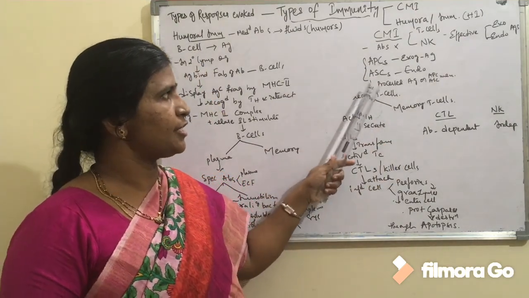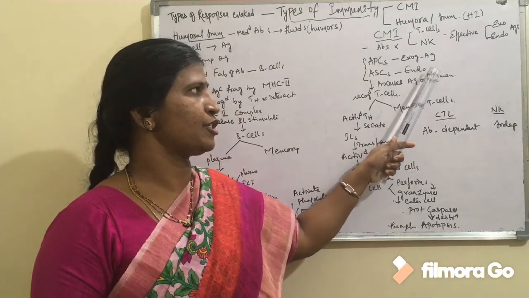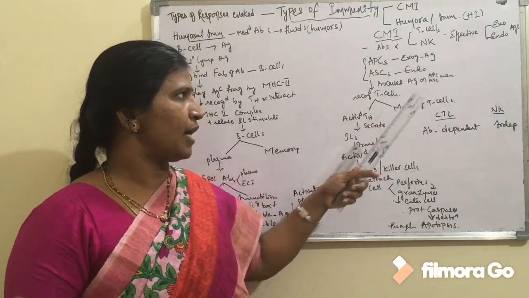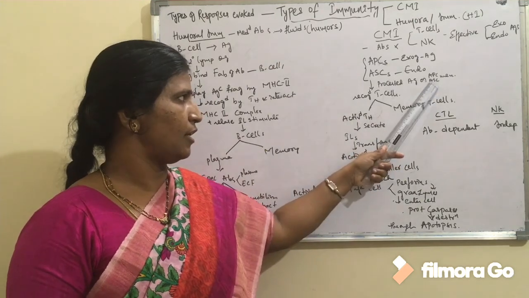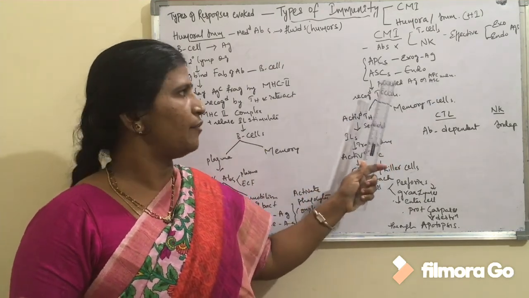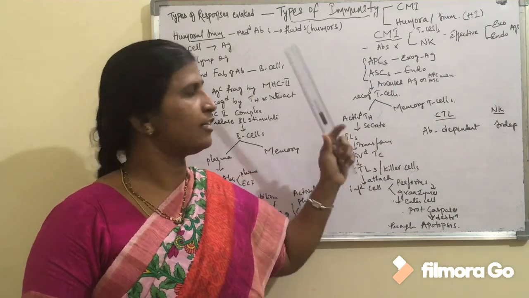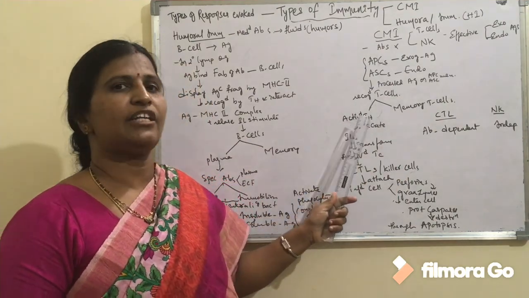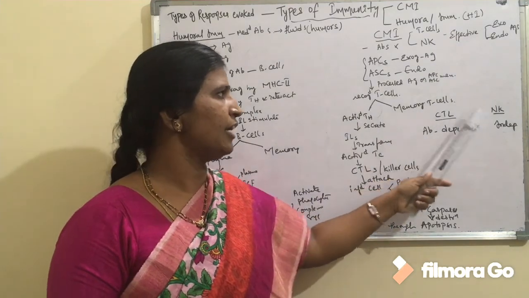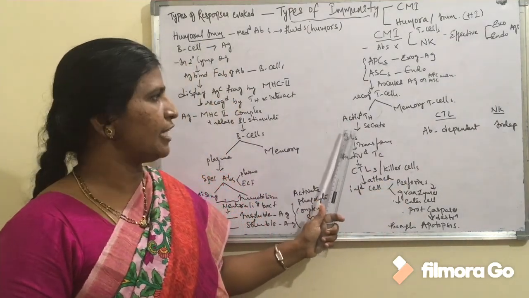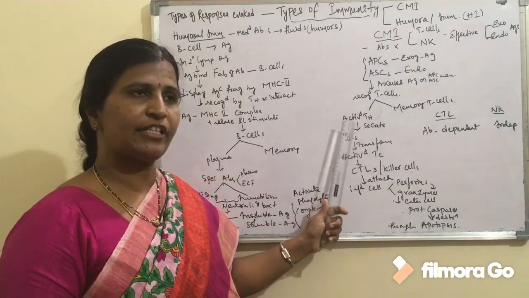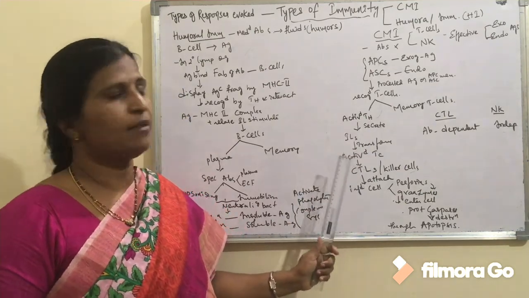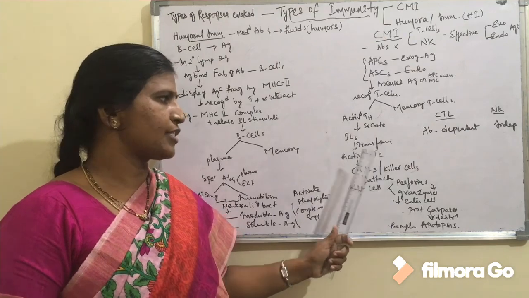After the detection, these antigens which are processed by antigen presenting cells and altered cells are recognized by the T cells, and the T cells are differentiated into activated helper T cells and memory T cells. These activated T cells or helper T cells secrete interleukins. These interleukins transform the activated cytotoxic T cells into